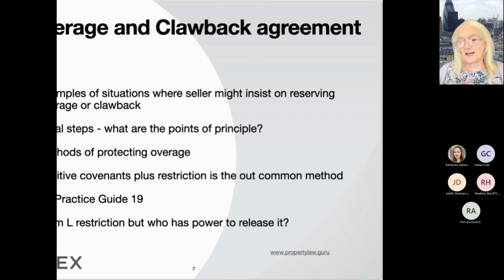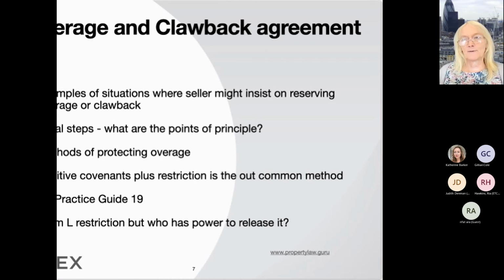Or it could be the sale of a piece of land that a farmer's got to an adjoining house that needs a paddock for their pony, but the buyer is actually a builder, and the farmer thinks, I don't trust you, I think you're going to try and get planning permission and put some houses on it. So they might want to get more money if the paddock is turned into a development site.